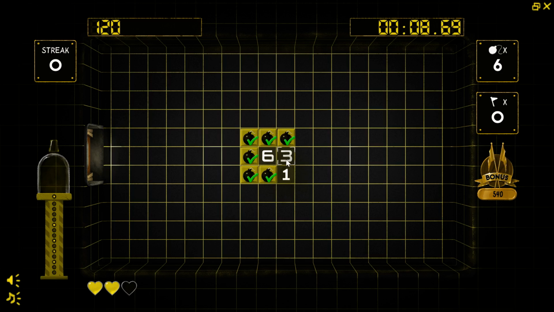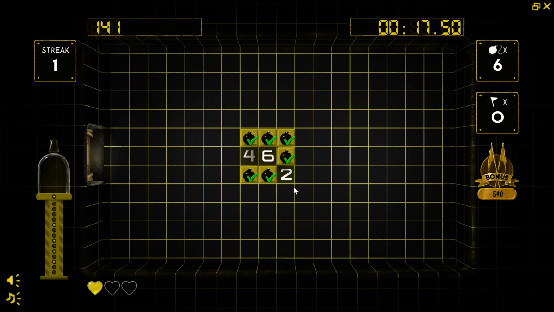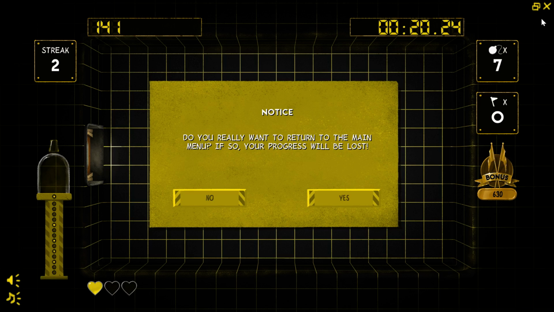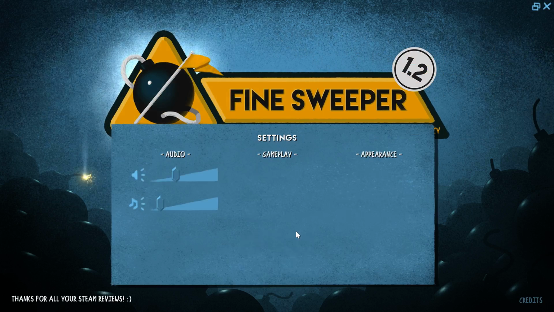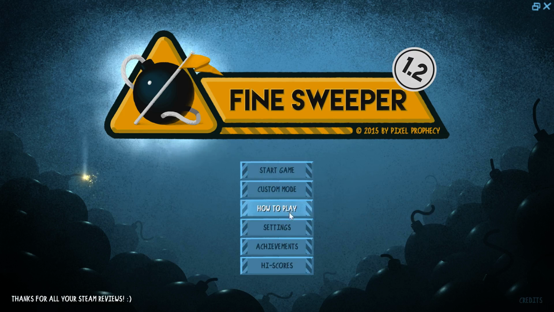Why? Because the bomb revealed this. Why did the bomb reveal that though? That doesn't make sense. Let's see, there's 7, and I guess when you hit a bomb, it tells you the correct answer. Interesting. So, is there a way to disable that? Now that we've turned off the nostalgic colors, let's try the nostalgic colors with the original font. One of the factors just built into the game seems to be that you get that extra help if you hit a bomb, which actually means they made Minesweeper a little bit easier,